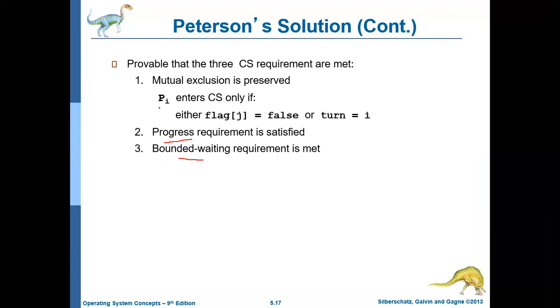But the drawback with this algorithm is that it was used in older days. In modern computers, it is not used. The reason is it is basically designed for two processes. It assumes that there are only two processes competing to enter the critical section. But in today's scenario, that is not the case. There may be more than two processes. In that case, it satisfies mutual exclusion, but it cannot guarantee progress and bounded wait.